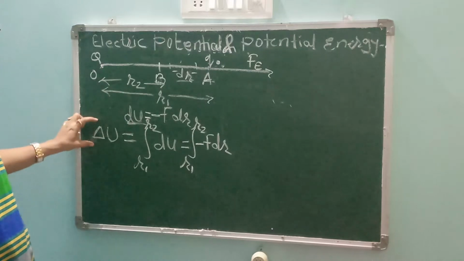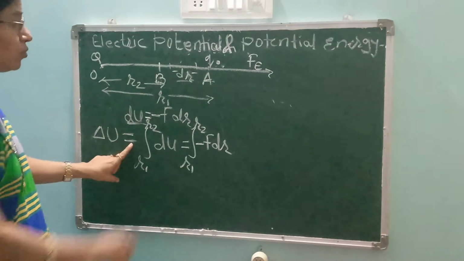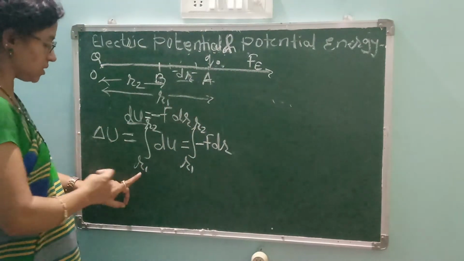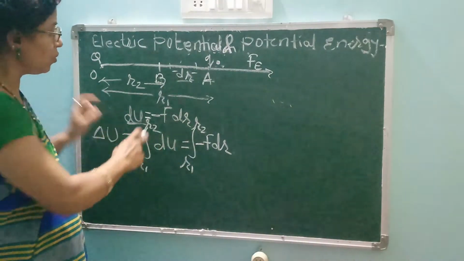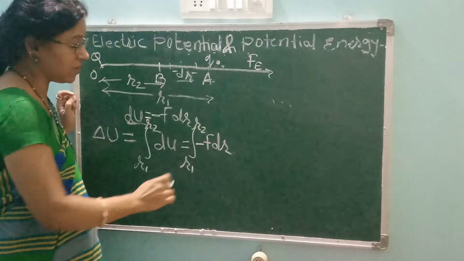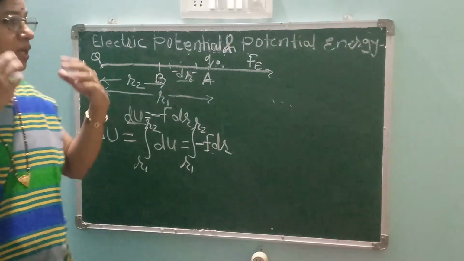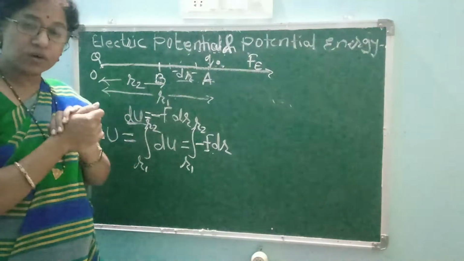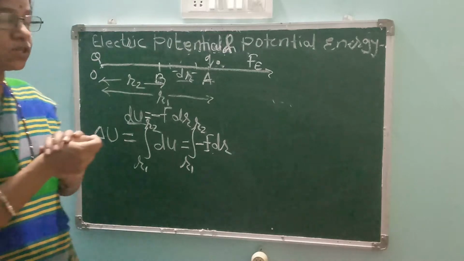यही जो है उसका हम लोगों ने लिया है, that is the increase in the potential, that is del U. It is equal to the displacement from the initial position to the final position, that is r1 to r2, and dU is equal to minus F dr. Now what is this F? F is nothing but the electrostatic force. Now what is that electrostatic force? Electrostatic force is nothing but the Coulomb force. All of you know, students, that is Coulomb's law.